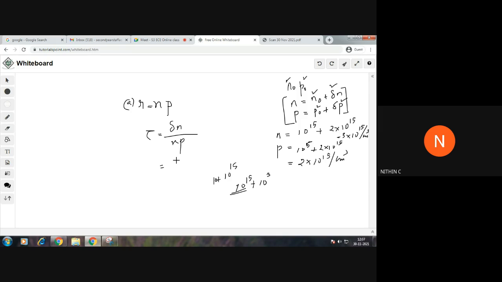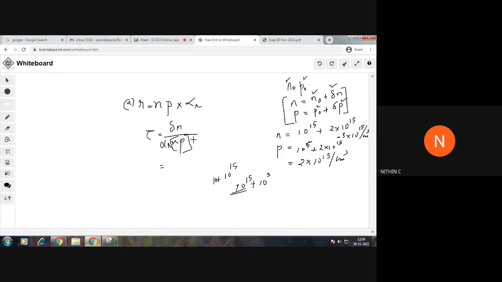We forgot to write one thing, alpha r, sorry. Recombination rate is n p into alpha r. We said this during the derivation: what is the recombination rate? It is alpha r into n into p. You can use the same alpha r value, the alpha value we found earlier. Please correct that expression, okay.